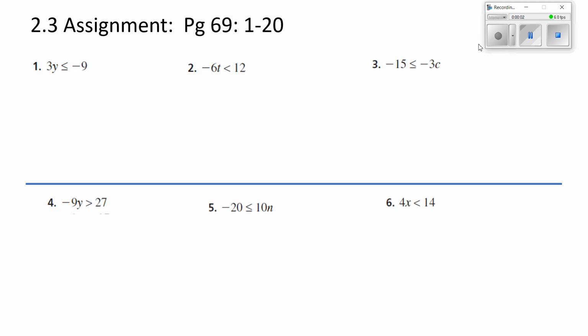On, my 7th grade advanced class. Let's go knock out the homework today. We're going to be doing 1 through 20. I'm going to do all the odd ones, of course. When we start here, we see that we have